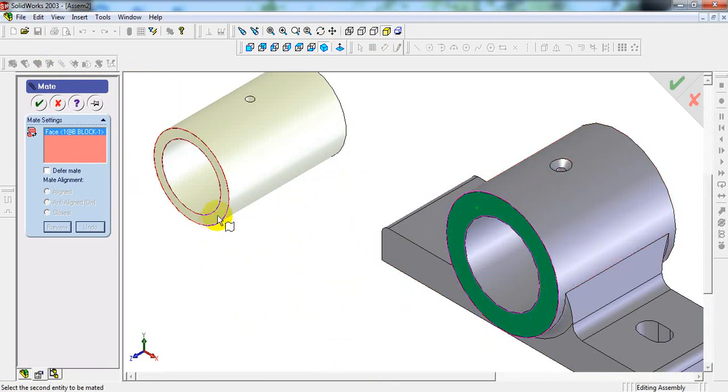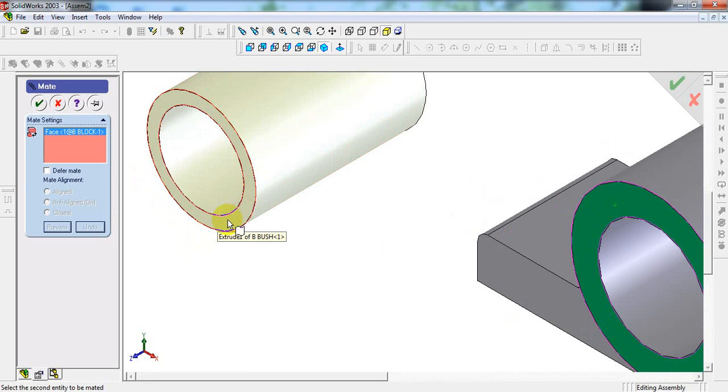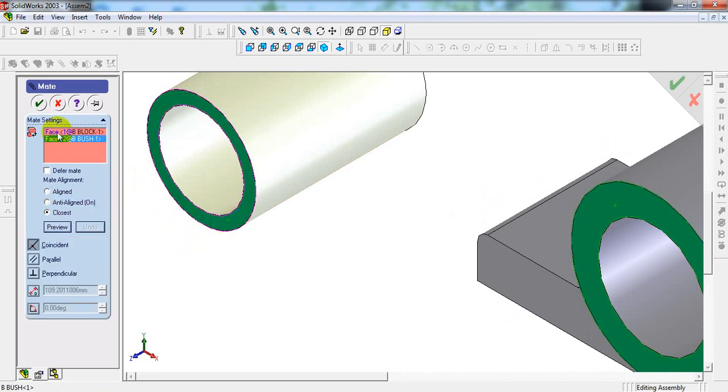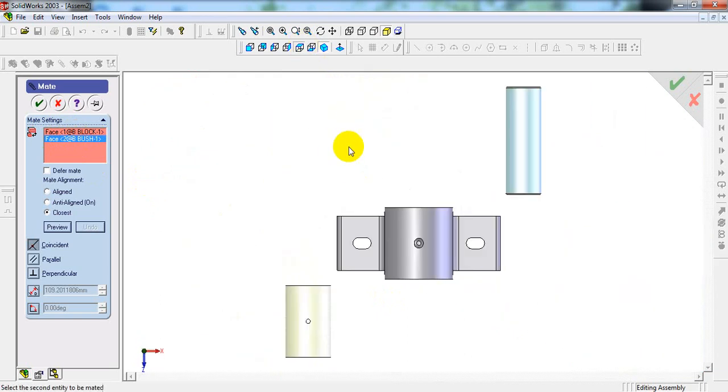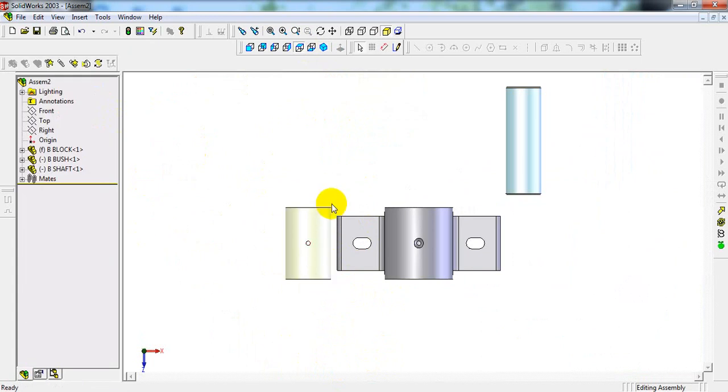Next select the face of the bush. Okay, face of the block and face of the bush. From top view we can see that alignment, how it is going to happen. Select OK. Okay, this is a preview.